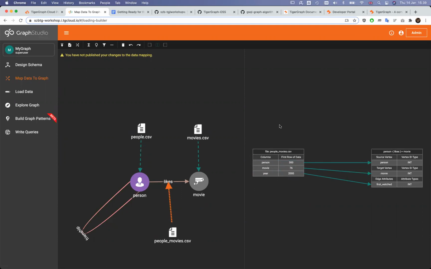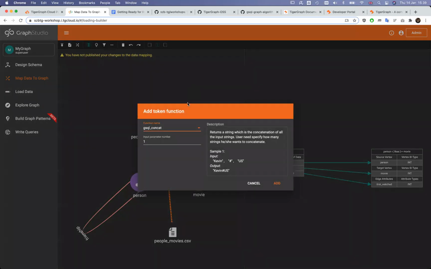You can, for example, specify various data transformation steps that are executed on the fly during the data load. The summation sign shows what we call token functions. There is a library of functions that could be utilized, for example, to concatenate strings shown here. This is often used to generate composite primary IDs, for example, ones with a timestamp included in it, plus various other things, string, datetime comparison, and data type conversion functions.